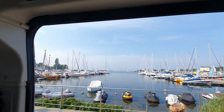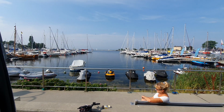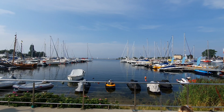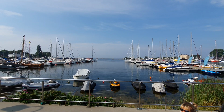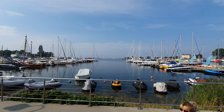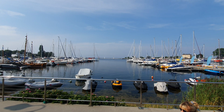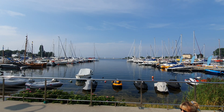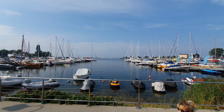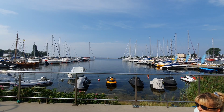And once more, let's come out, see this fantastic view here of the port in Jastarnia. This is what a van life is all about. It's finding a place like this, staying there, you sleep here. In this case, it's even wild camping. This is free of charge, the parking here. But outstanding. Anyway, so if you find that of interest, I'll go and finish off with an overall look at